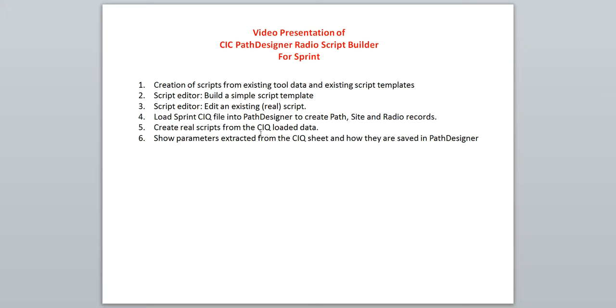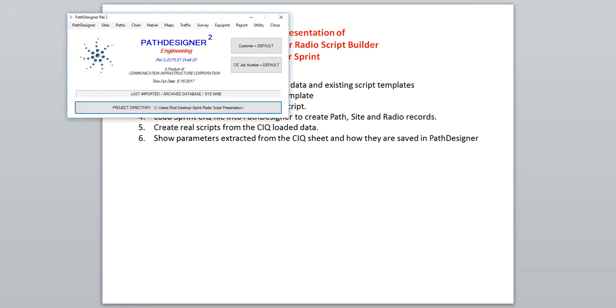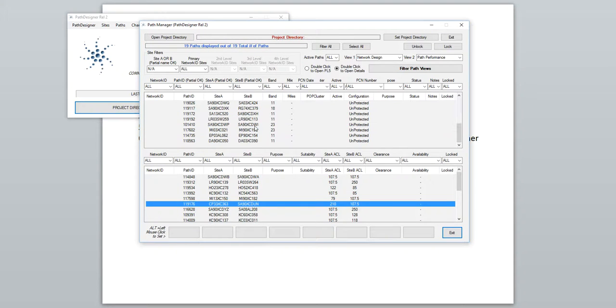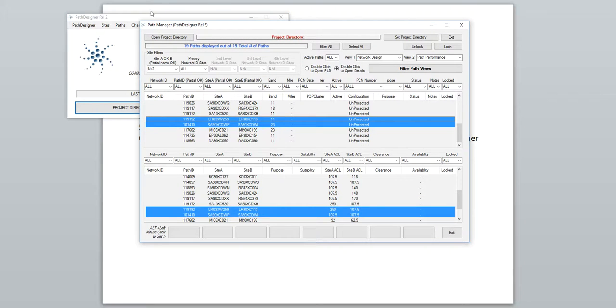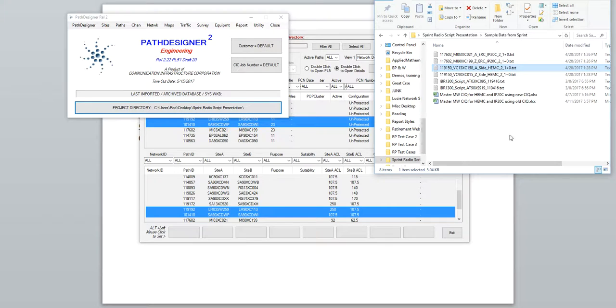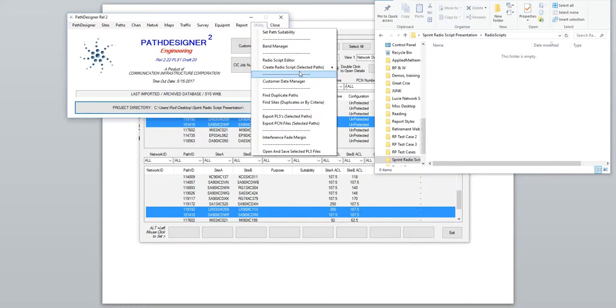Okay, let's create real scripts from the loaded data. Okay, we can do that. Let's close the script editor because I don't need it open. And so I'll go back here. I'll choose a couple of paths, and from my menu, actually I'll clear out the scripts that are in the folder. Not here, wrong folder. Radial scripts. Okay, it's empty already. So I've selected my paths and I will create my scripts,